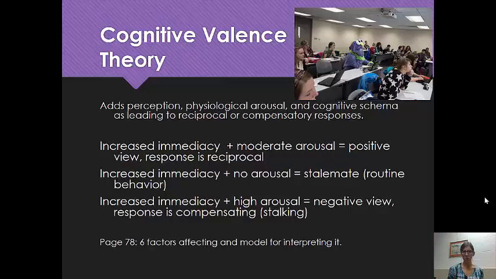So when we're thinking about cognitive valence theory, we're going to add to this a level of our perception, our sort of frame of reference for the events that are occurring around us. And again, a lot of this is very subjective, right? Because this is how I feel. This is my awareness. This is my heightened level of uncertainty with the event. And so some of this is going to be different from one person to the next. What I might see as a highly aroused, potentially negative experience, you might kind of go,